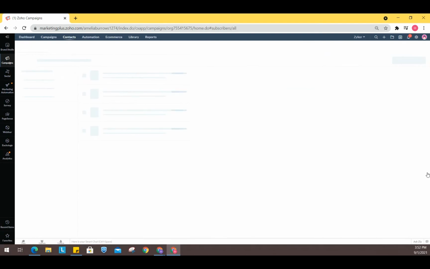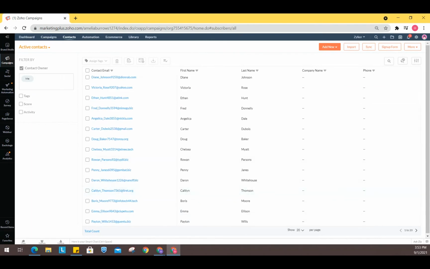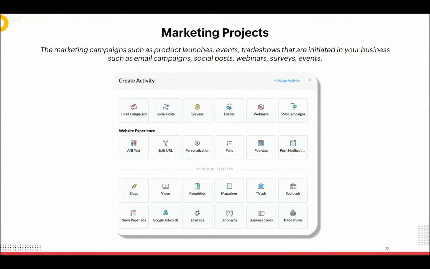and then you can just go ahead and add it manually like that. Or in most of the cases, you might have things in a spreadsheet or saved somewhere. In that case, you can import it or synchronize it with other applications like we just said. And you also have the sign up form option at the last here. All right, so I think that's it. We have discussed the different ways in which the contacts can be imported into Marketing Plus. Now, let's move on to marketing projects. That will be the next topic that we'll be discussing.